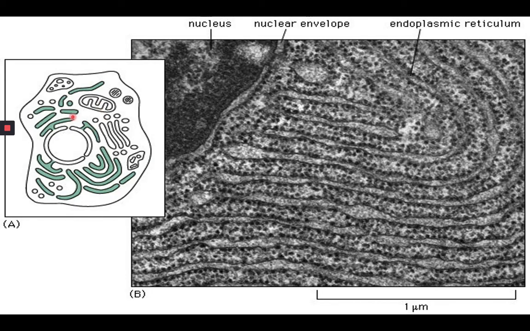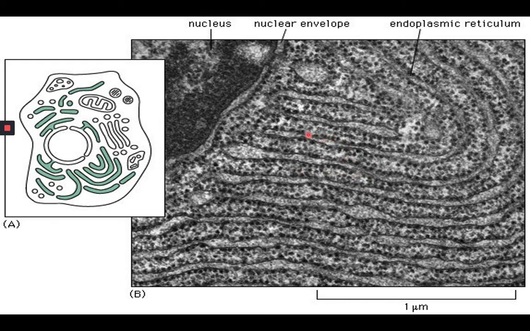Here is a last look at the endoplasmic reticulum, or ER. This is the schematic diagram of an animal cell showing the endoplasmic reticulum, as shown in green. On the other hand, this bigger image is an electron micrograph of a thin section of a mammalian cell, showing the endoplasmic reticulum. Please note that it is continuous with the membrane of the nuclear envelope. The black particles, studding the particular region of the ER shown here, are the ribosomes, the molecular assemblies that perform